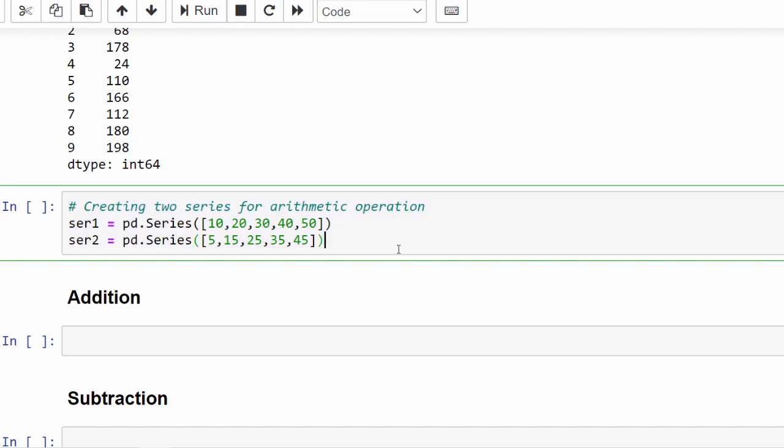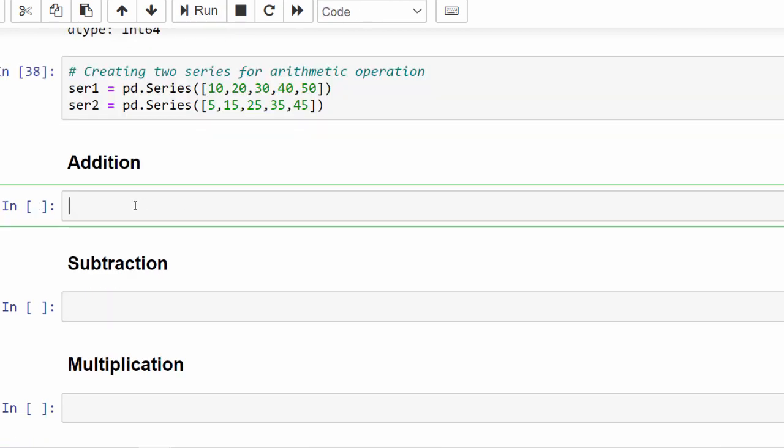Now we will try to do the arithmetic operation using two series. So series 1 contains 5 values mentioned in the list: 10, 20, 30, 40, 50, and series 2 same way, the values are 5, 15, 25, 35, 45. So with two series we are going to do the arithmetic operation.